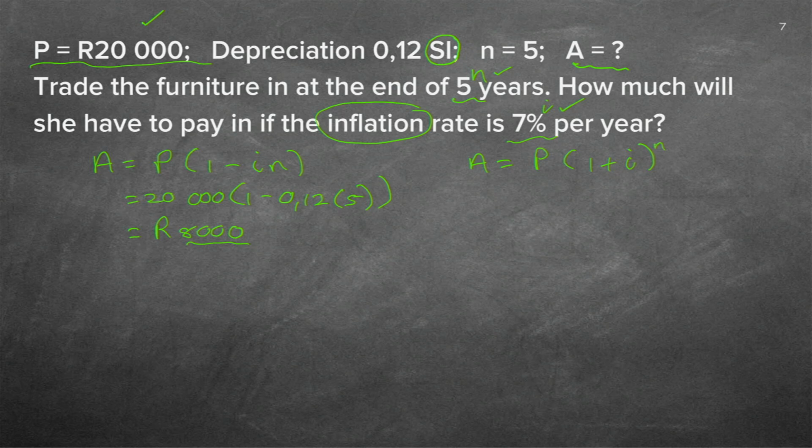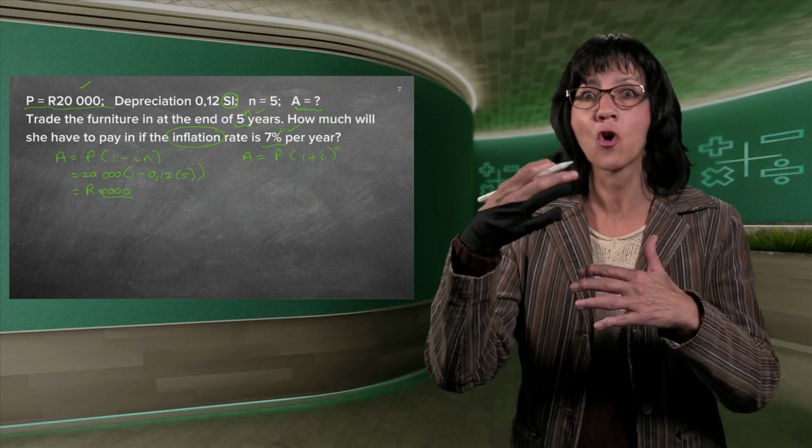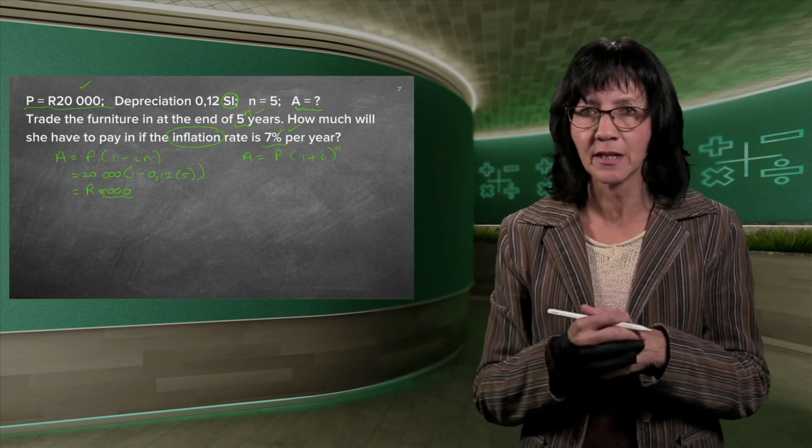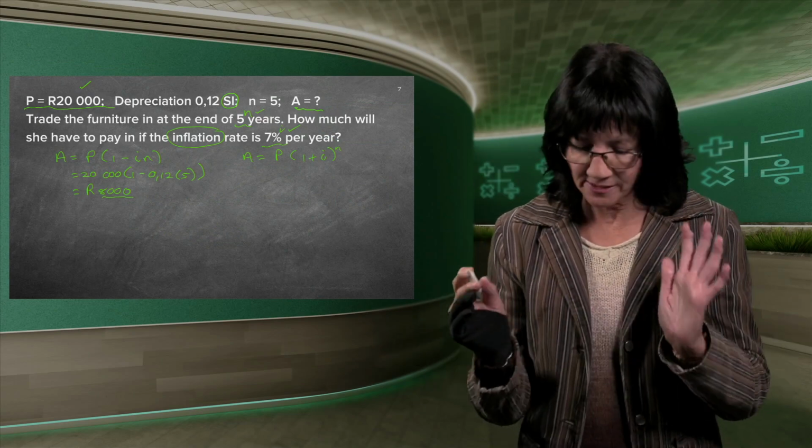And remember, how do we differ between the two? Simple, straightforward, straight line, all on one line is the first formula. Compound is a little bit more complicated. That's why it's an exponential equation. The n is now hanging in the air. But other than that, we just do exactly the same thing.